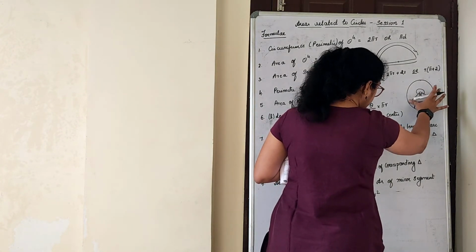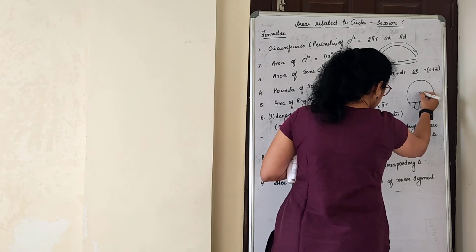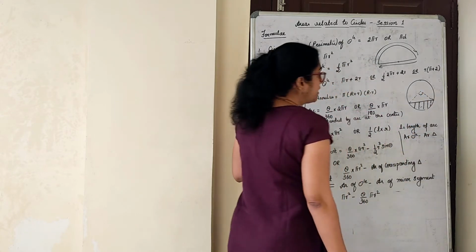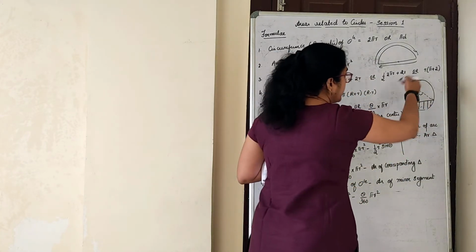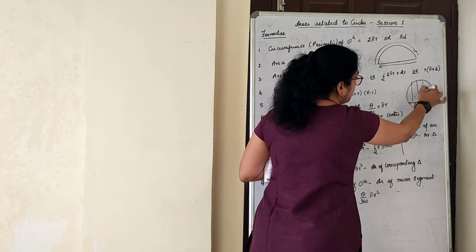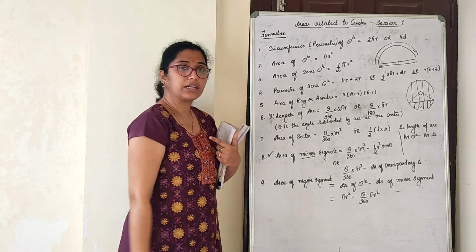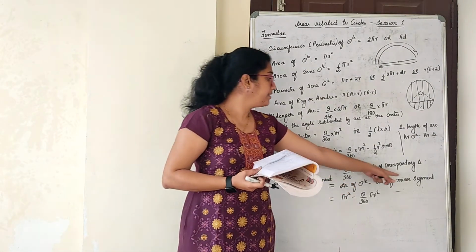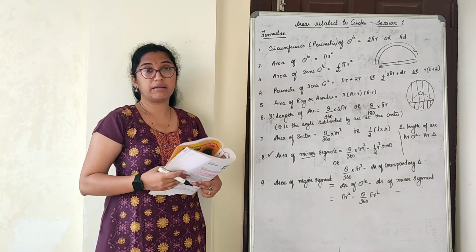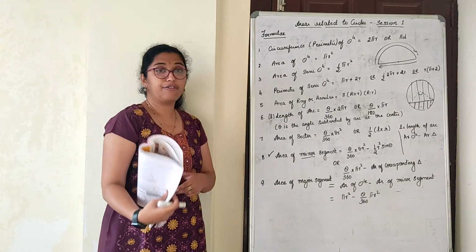That means the angle will not come here. Like this is a figure, just don't imagine this part. The angle is there, right? In dotted lines I will just represent it here. This is the angle part. But what I can do? Area of the whole circle minus this will give me the area of this segment. That is what I wanted here, and that is what I have written. Area of circle minus area of minor segment will give me area of major segment. Remembering the formula is very important for minor and for major.